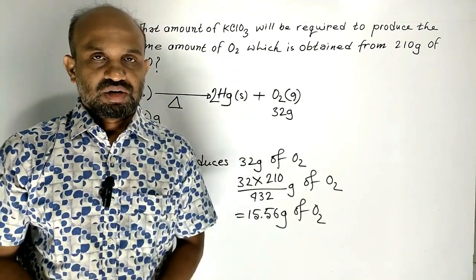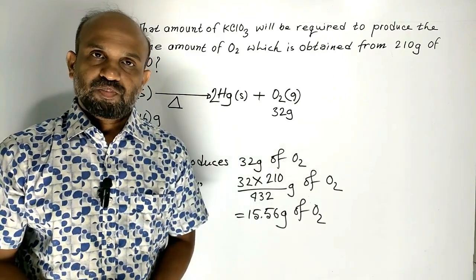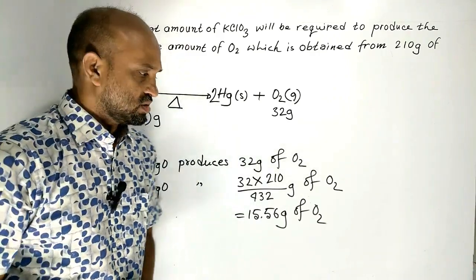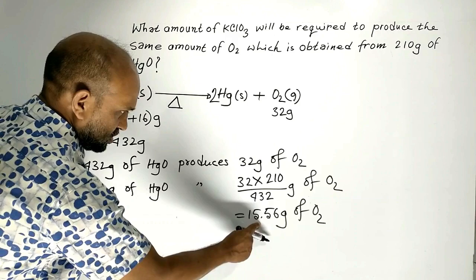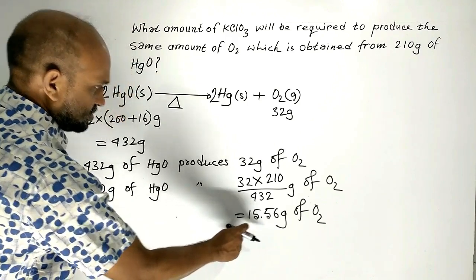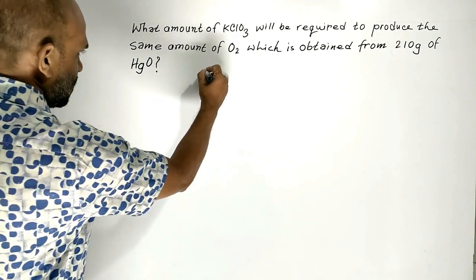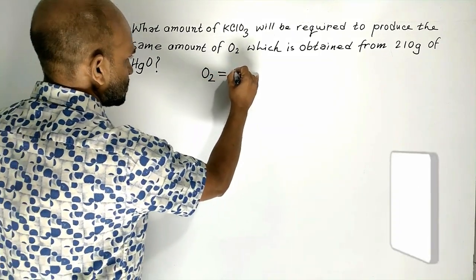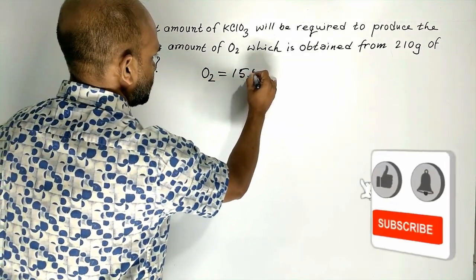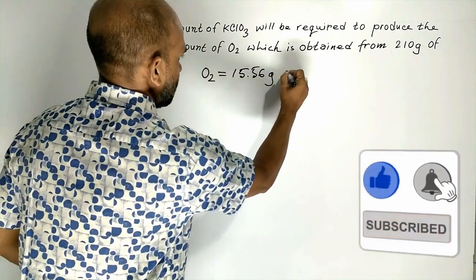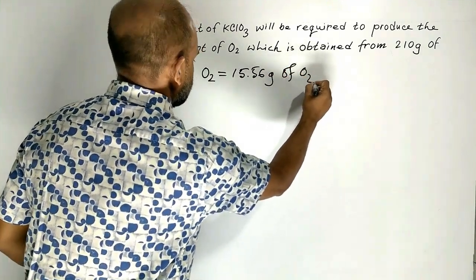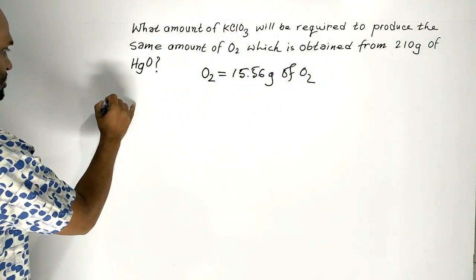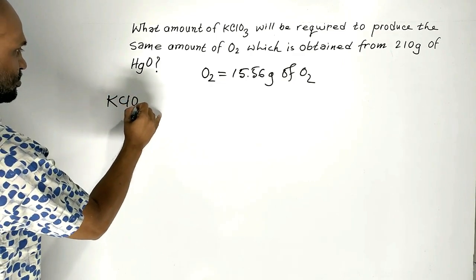Now we have to calculate what amount of potassium chlorate is required to produce this amount of oxygen. What amount of potassium chlorate will be required to produce 15.56 gram of oxygen? The related reaction is: potassium chlorate